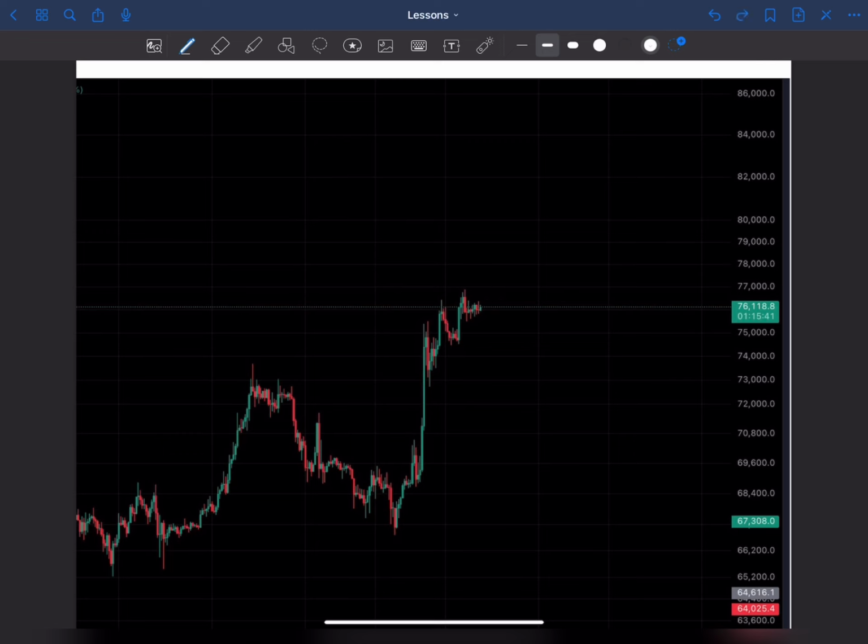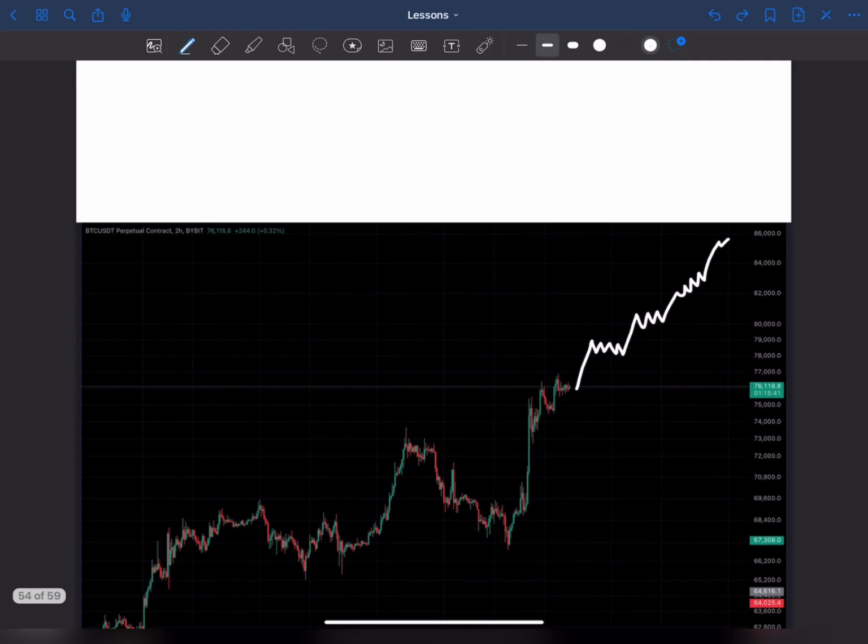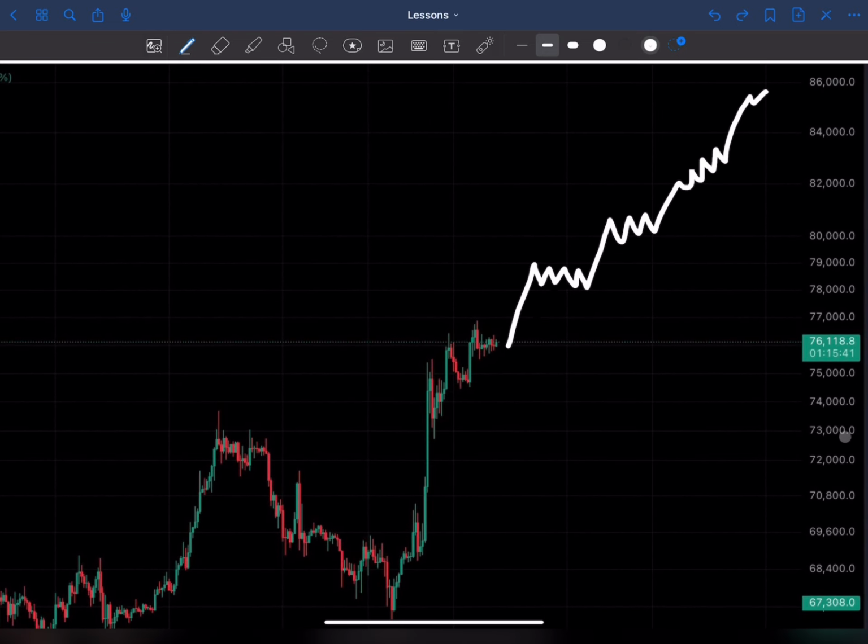What it will do, in most cases, is range, because Bitcoin and the crypto market will range 80% of the time. That's a given statistic. If you're expecting a market where price goes straight up, most likely it will not happen. What will happen is, in an all-time high run, the price will make a high, then consolidate, then make another high, consolidate, another high, make an ascending channel like this, and then have a pump.